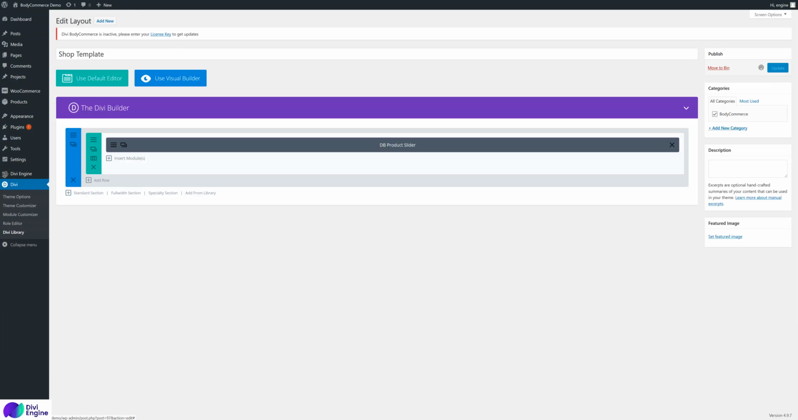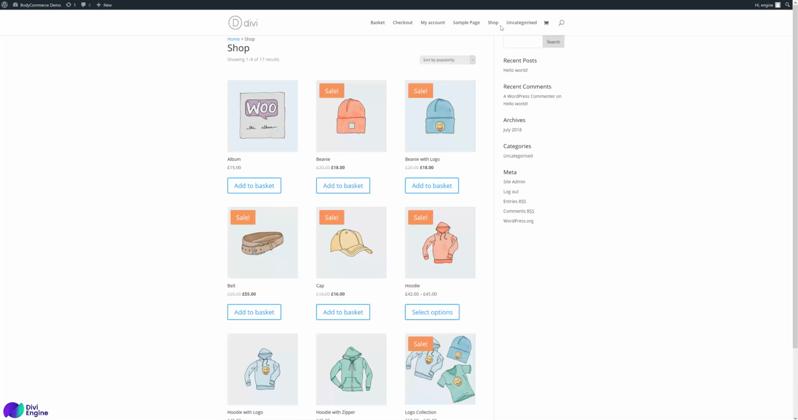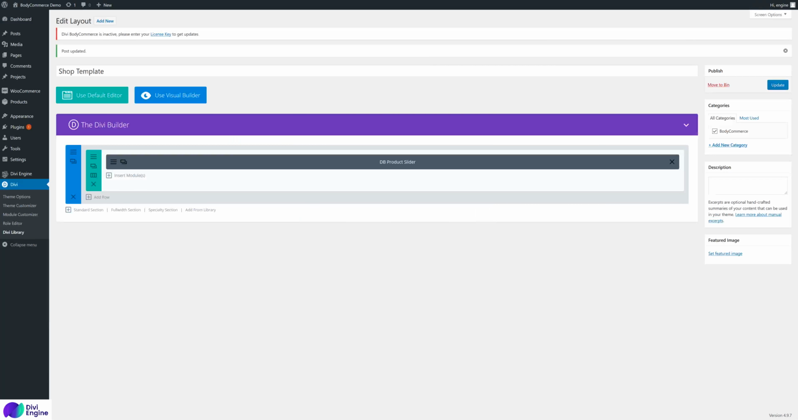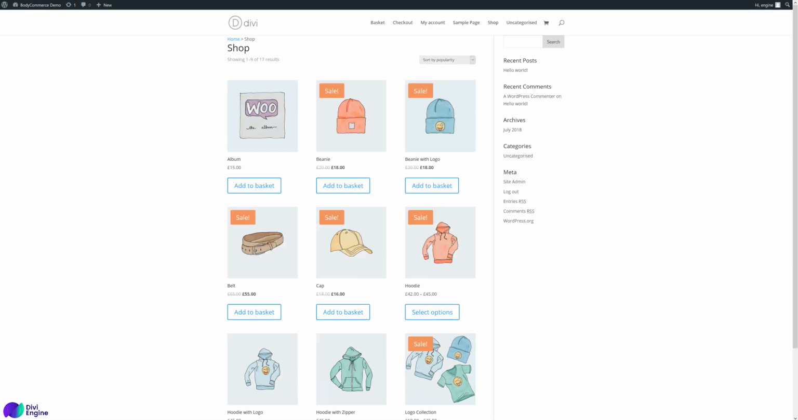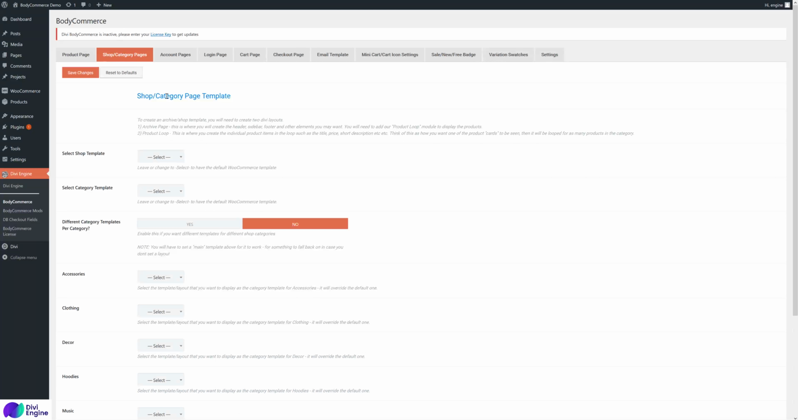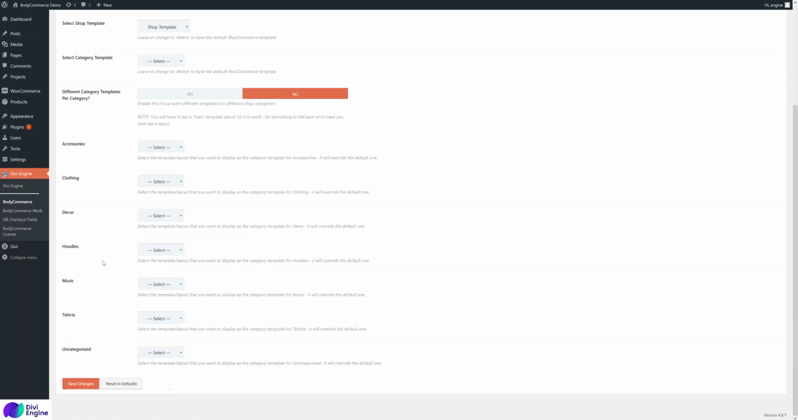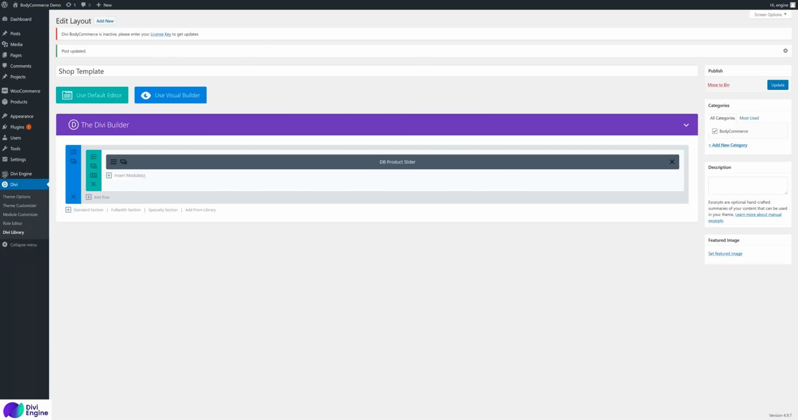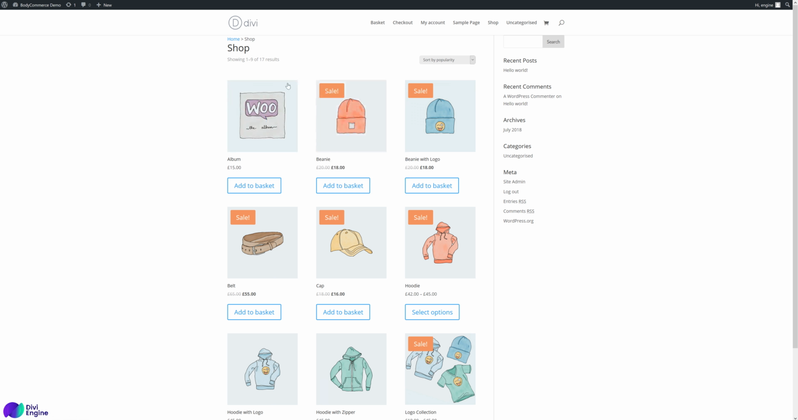Now we're going to go to the shop page. On the shop page, this is the default shop. As you can see, it's got your products there. Now if I go to the shop category page template tab in the Divi BodyCommerce settings, and select the shop page to be the shop template, and save. I'm just going to fire through there. Okay, so now if we reload